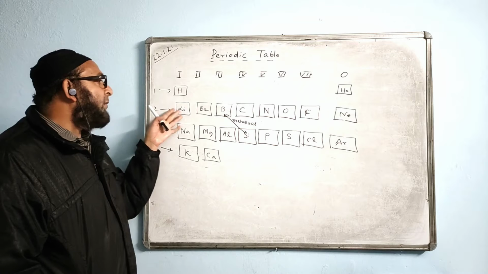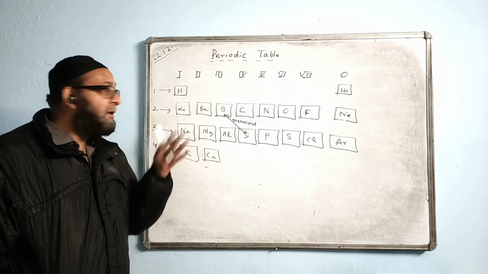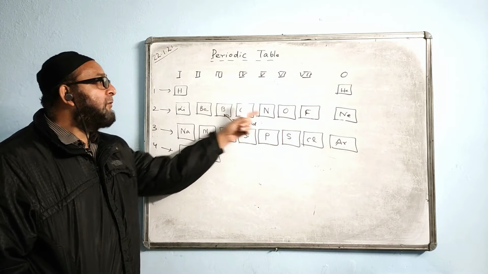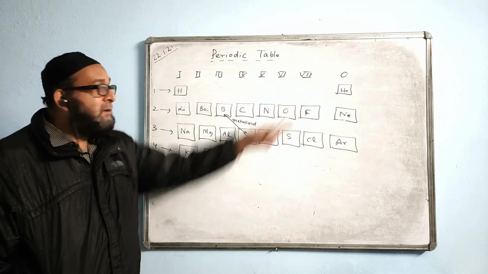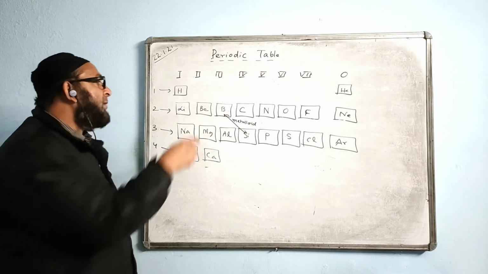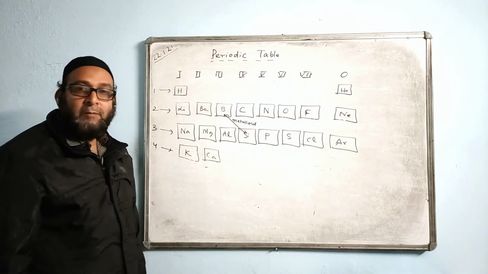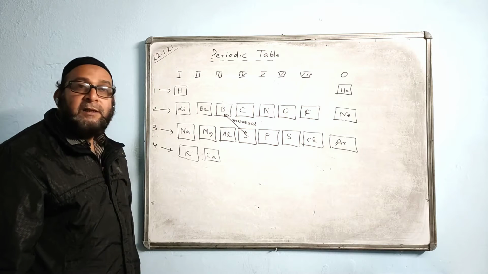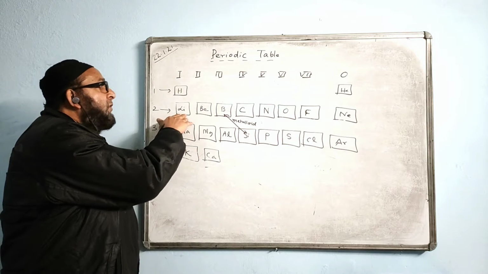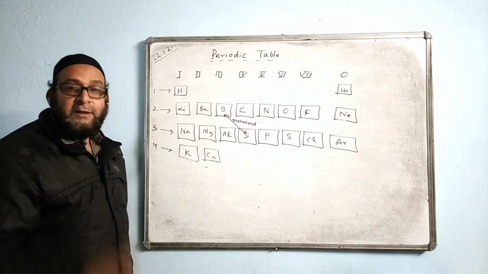When we move across the period from left to right, why does the atomic size decrease? We said it is due to the increase in the nuclear charge. The number of electrons is increasing every time: 1 electron, then 2 electrons, 3, 4, 5, 6, 7, like that, and the last one is complete. So more electrons, then more attraction, then the size is compact. That's why the atomic size keeps on decreasing here. It has the strongest force of attraction, the size is more compact. Because of the increase in the nuclear charge, the atomic size decreases, we say that. And because of the number of electrons increasing in the last orbit, the metallic character decreases.